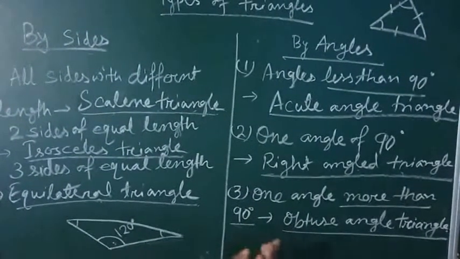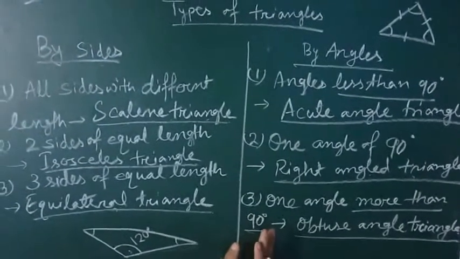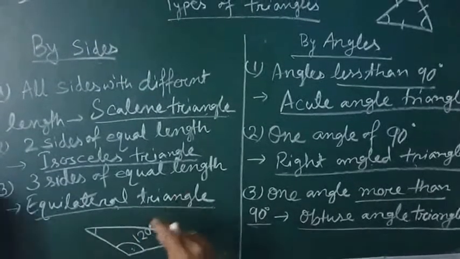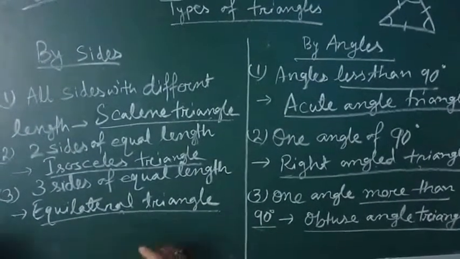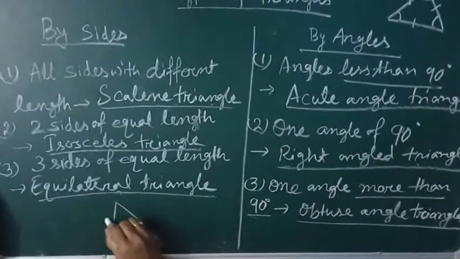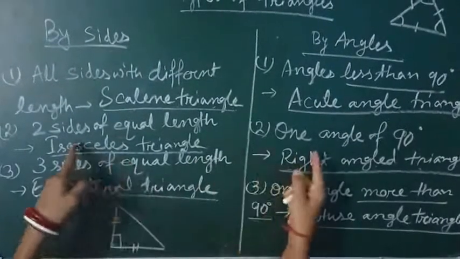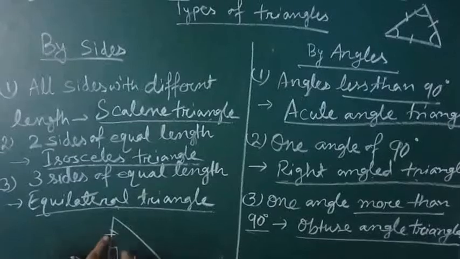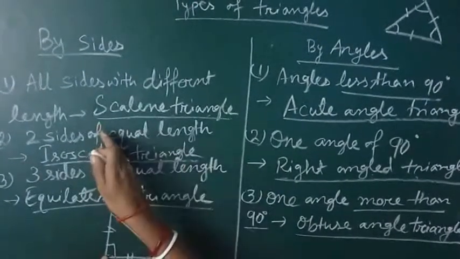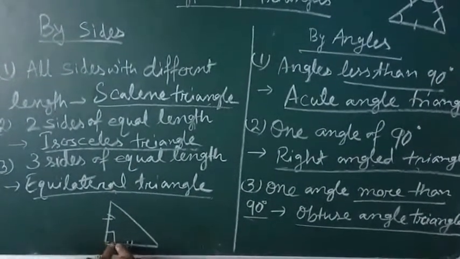So based on this concept, I expect that you can solve the exercise given here, and all are very easy. Okay, now if in any situation two sides of a triangle are equal and one angle is a right angle, what will you tell? Here two sides have been given equal and one angle is a right angle. What type of triangle will it be? Here we are combining both things. Till now we were discussing based on one property. Now we are going for both of them. So what will it be named? It will be an isosceles right angle triangle.